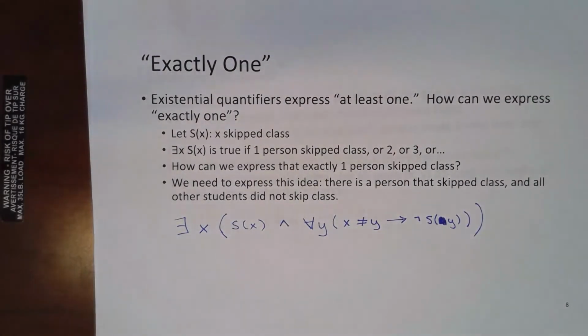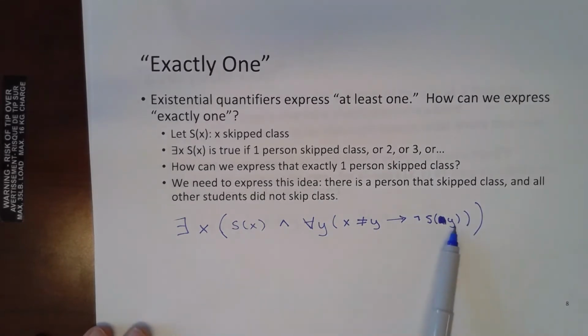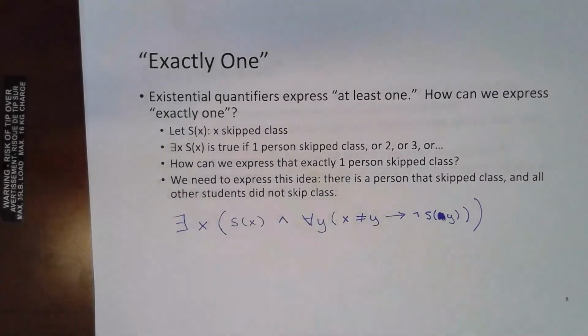Yes. Is it not S of X at the end? Is S of X just a skip class? S of X skipped class, okay, but all other students that aren't X didn't skip class. We want to make sure that one's a Y. So Y means all of them. Yeah, so Y is all, and they're in the same domain, so let's just say it's people